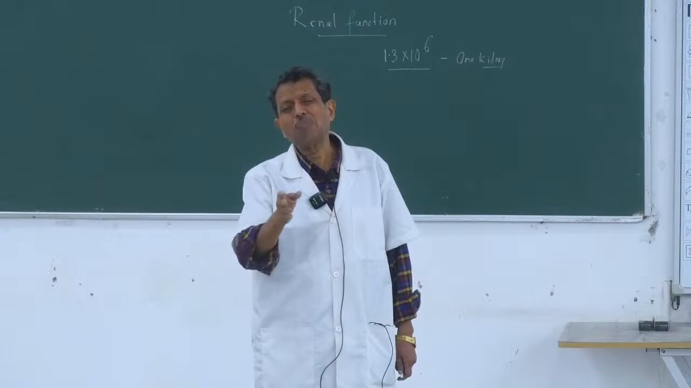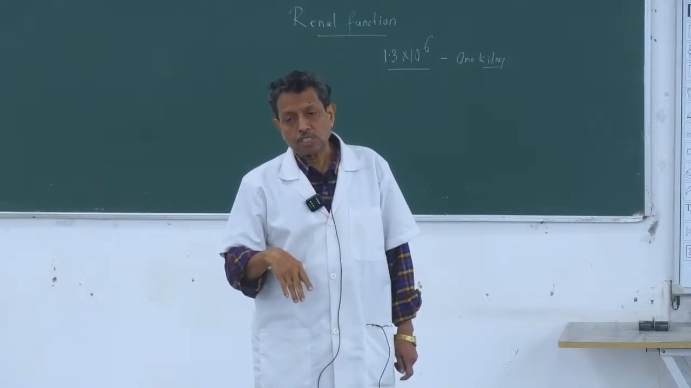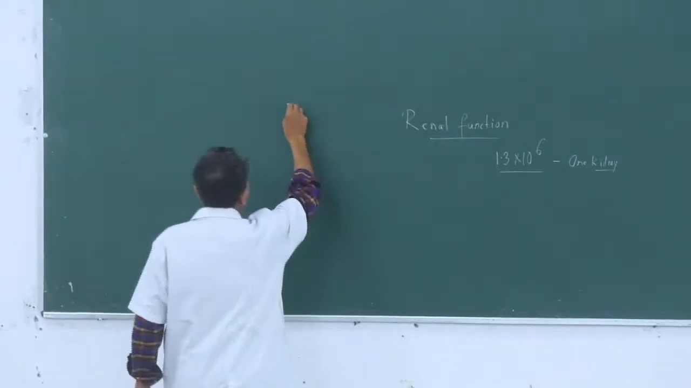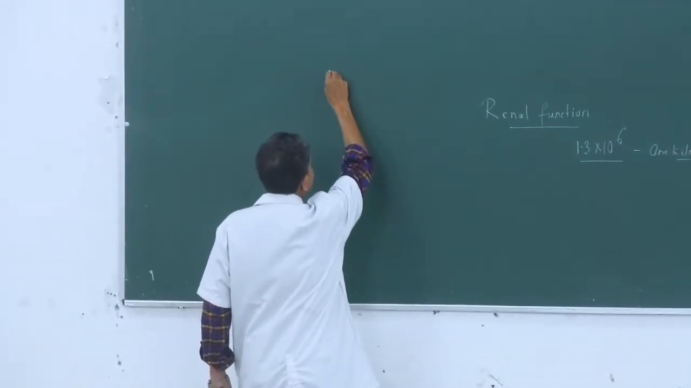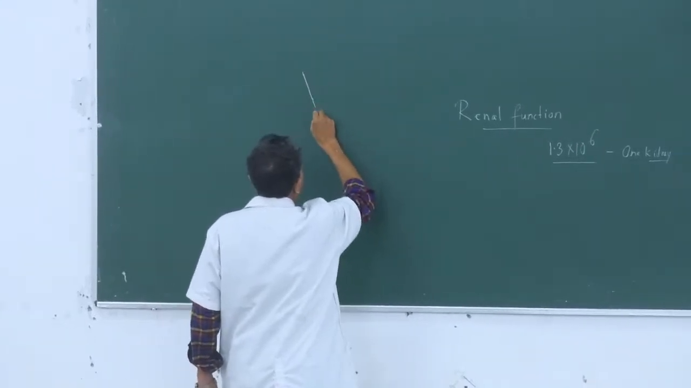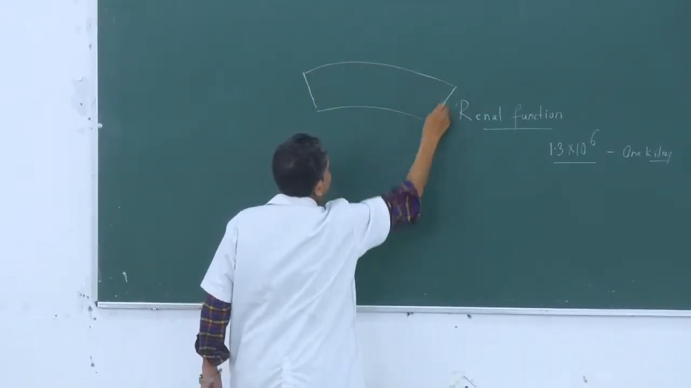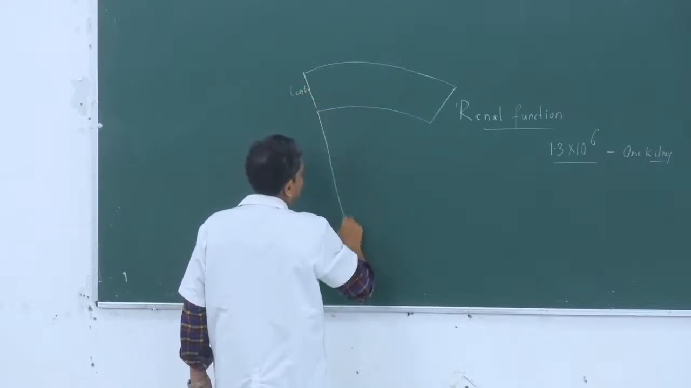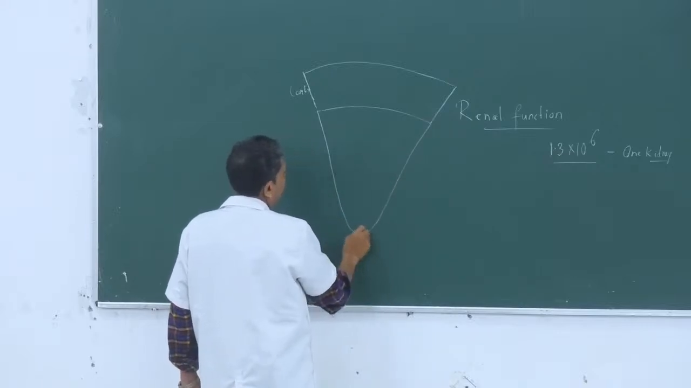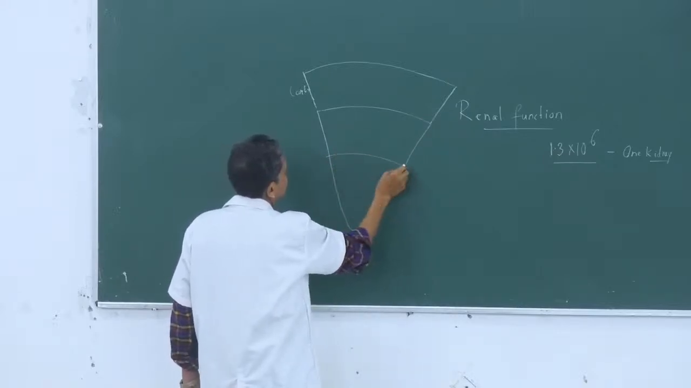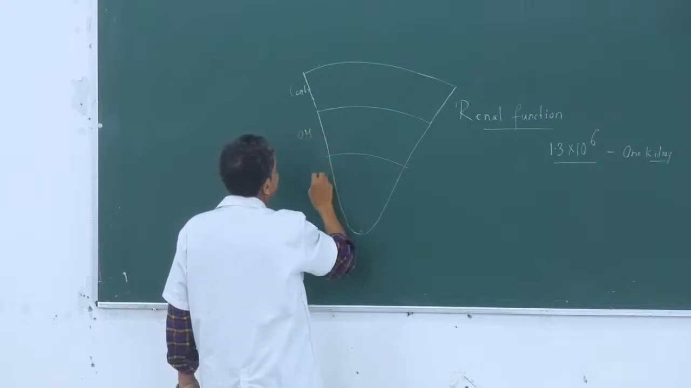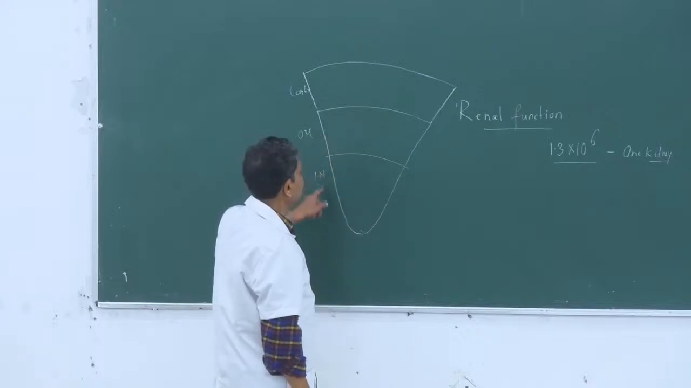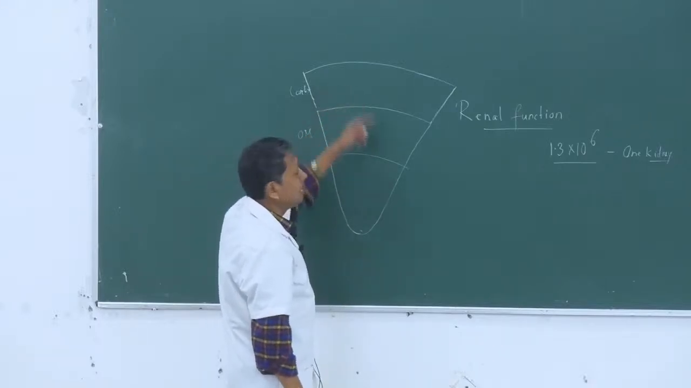From the histology text or the physiology text, you will have this concept that this kidney has a capsule, and then there is the cortex and medulla. Suppose it is the cortex, it is the cortex, it is the medulla, renal pyramids. The outer medulla, inner medulla, and there are the glomeruli,